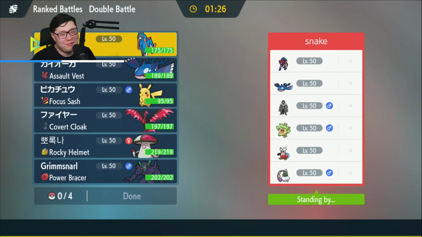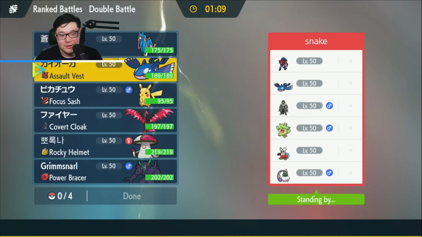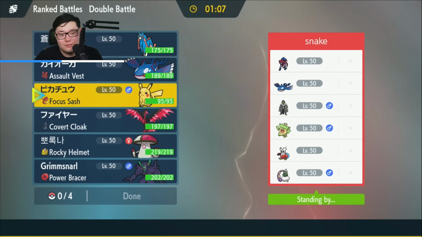Zamazenta, Kyogre, Urshifu, Iron Bundle, Ludicolo, Tornadus. This is a very fast-paced rain team. Unfortunately, I don't have Trick Room, which would be really good here. Although a Solvest Kyogre is really good against their team, other than their Zamazenta. Their Zamazenta is really annoying. I do like...